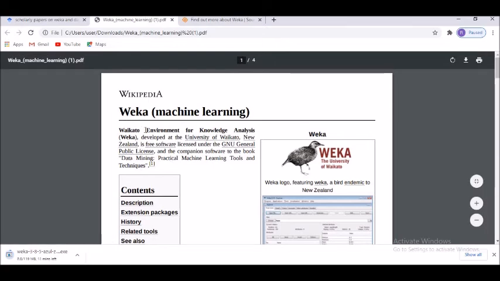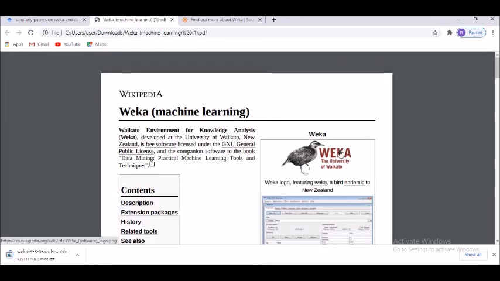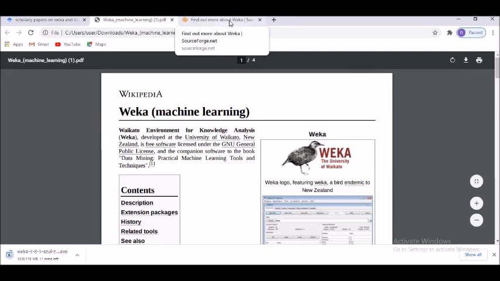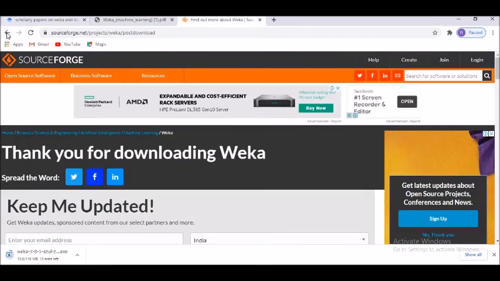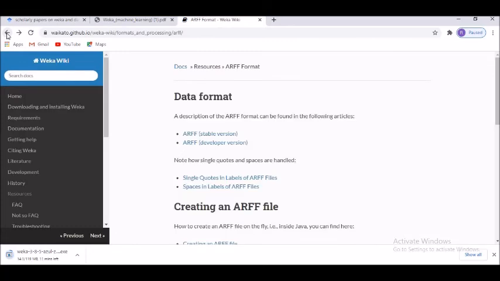However, you are not supposed to feel that Weka means the bird itself. Try to remember that the full form of Weka is Waikato Environment for Knowledge Analysis. I think this perfectly fits with the name of the bird, the Weka logo, and something that they have selected for their own purpose also, because it fits in with Waikato Environment for Knowledge Analysis. So that was a great coincidence kind of a thing. However, they are very lucky to find this kind of a logo as well as the name for the software.